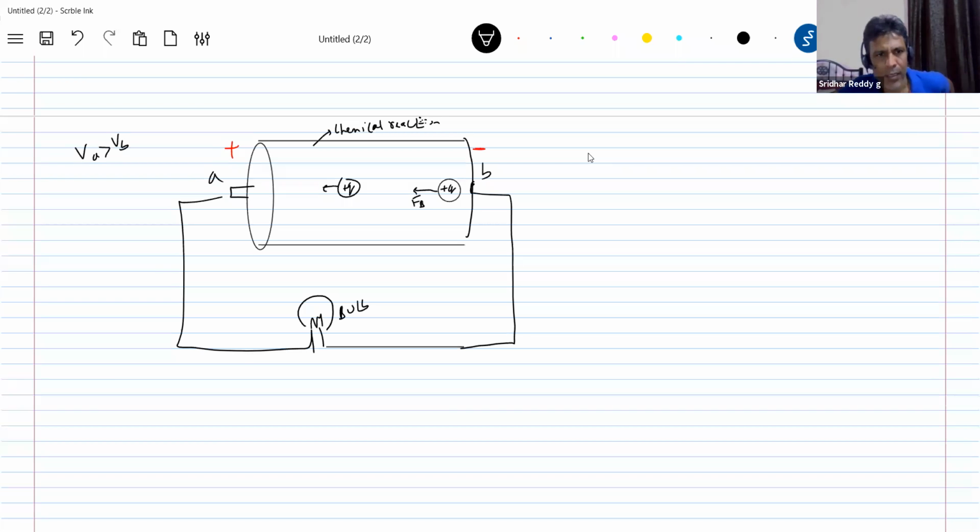And there's a path, there's a wire. If you leave a charge, the positive charge wants to move from higher to lower potential. So this particular positive charge now starts moving. Some sort of electromotive force. So what is the work done by this particular force? Work done by the cell, or battery force you can put it, in moving a charge from B to A should be equal to charge into VA minus VB.